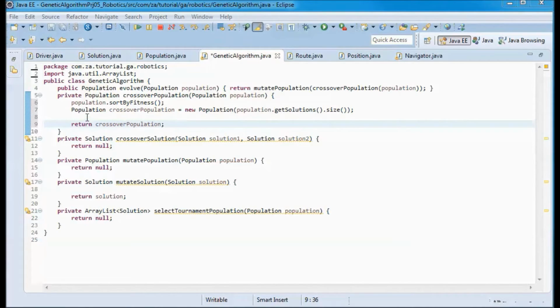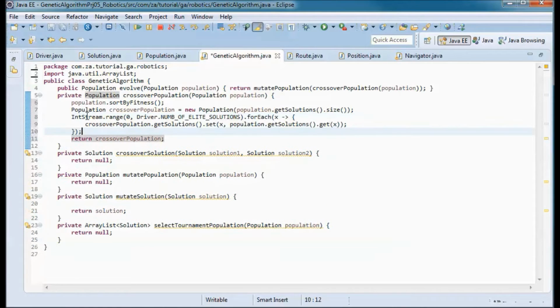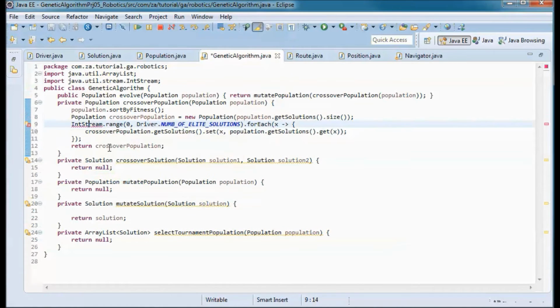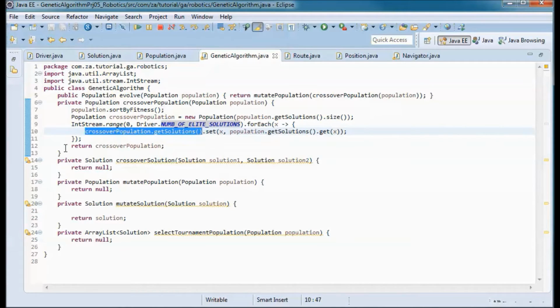But before doing that, we will pick the elite solutions and set them as is in this new crossover population to be returned.